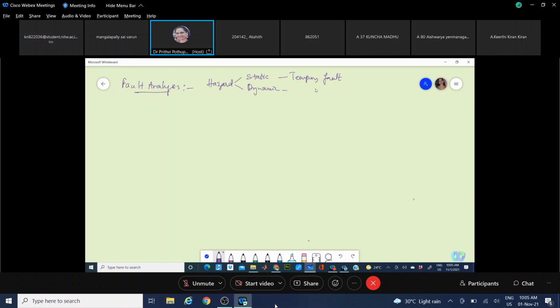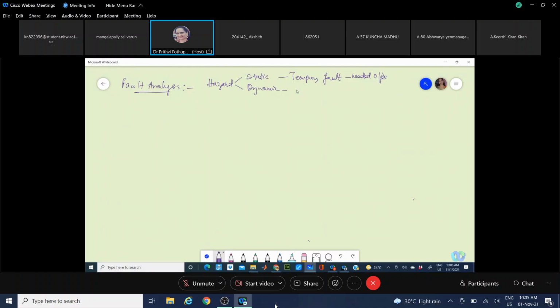Before going to generate a wanted, error-free output, there is a temporary fault, and that sort of element we call a static hazard.